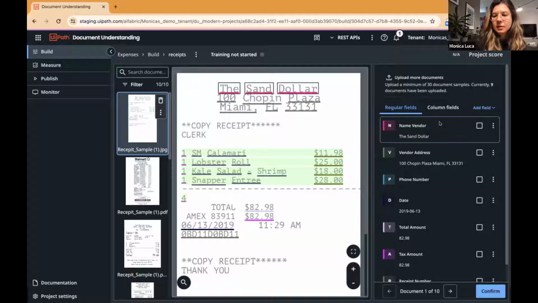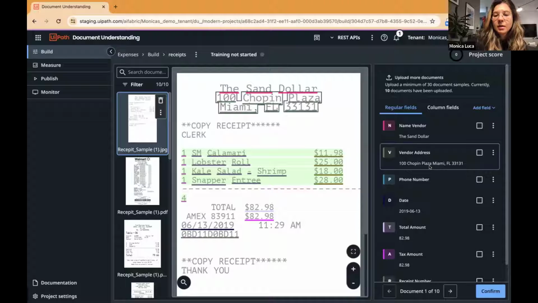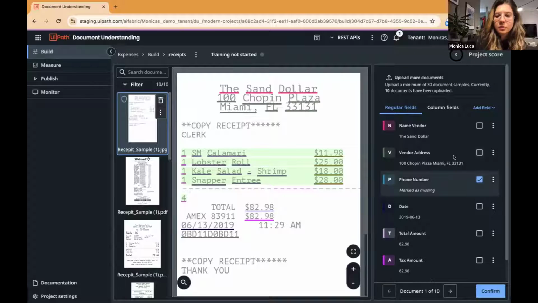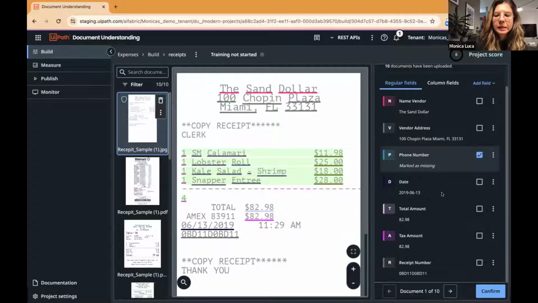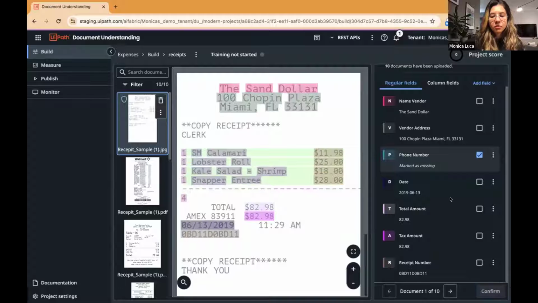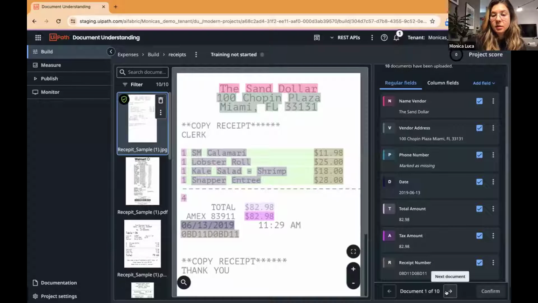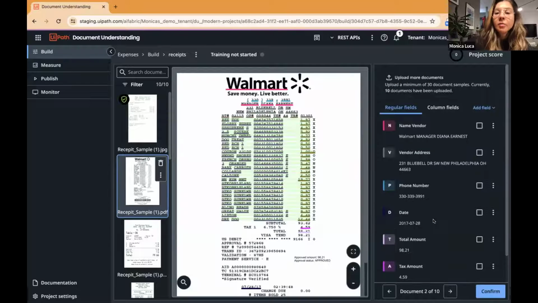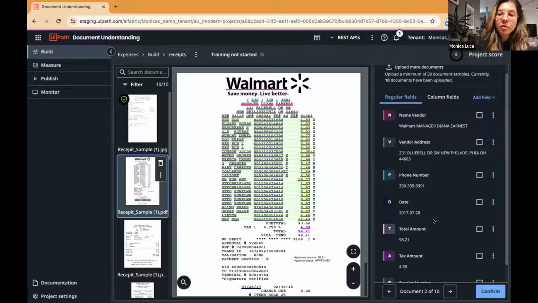I can, for example, see this as the vendor name. I have it here in pink, and you can see how it is underlined in pink to correlate the data from the document to the field extracted, a vendor address. The phone number is missing from this receipt, so I'm fine to mark it as missing, date, total amount, tax amount, and receipt number. As I'm very happy with the extraction results, I just confirm and then I move over to the next document. But in a similar manner, I already have all the fields